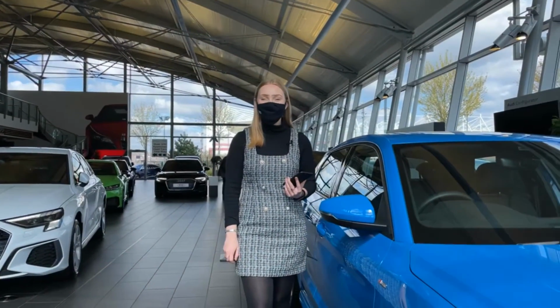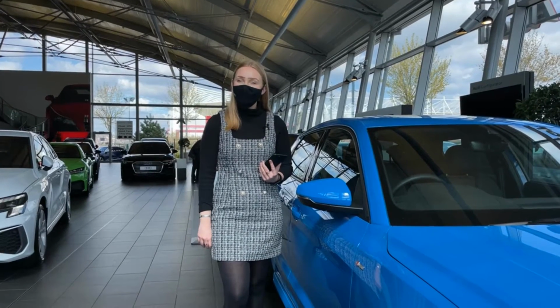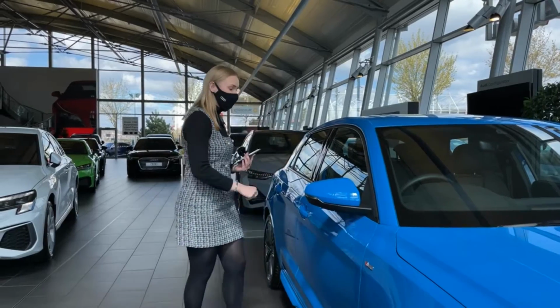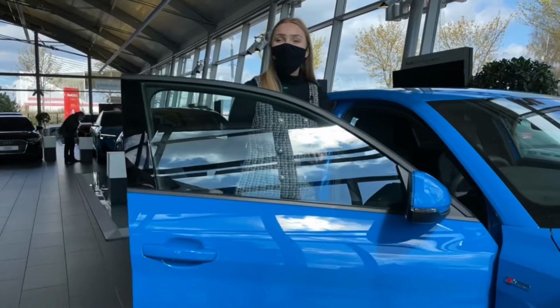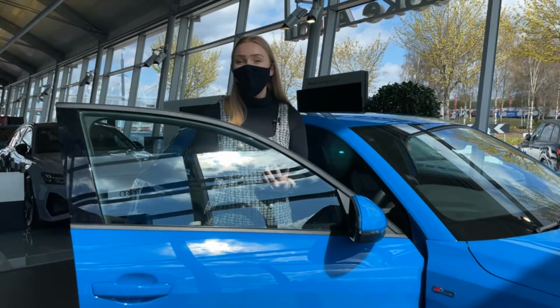My name's Jess and today I will be talking to you about Apple CarPlay and the benefits of this system to you as an Audi customer. So if we enter the vehicle, the Apple CarPlay system is great for those cars that don't already feature navigation or similar systems, so